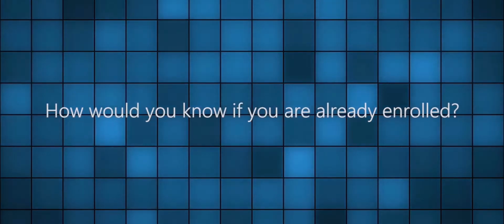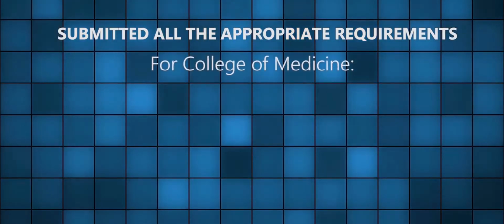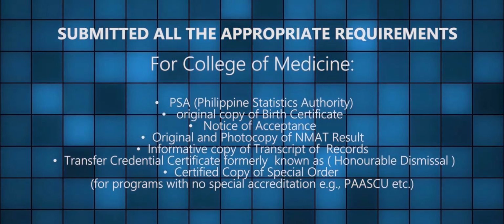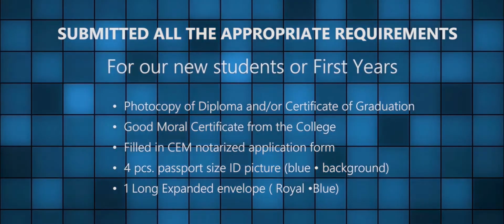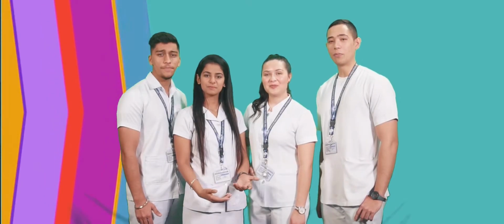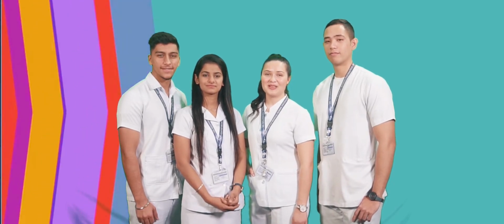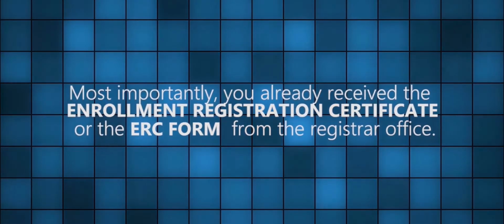To start with, you must make sure that you are enrolled here in DMSF. How would you know if you are already enrolled? You will be officially enrolled if you submitted all the appropriate requirements, complied with the medical laboratory prescribed by the school, filled in the enrollment forms, made at least 50% down payment of the total semestral fee. Most importantly, you already received the enrollment registration certificate or the ERC form